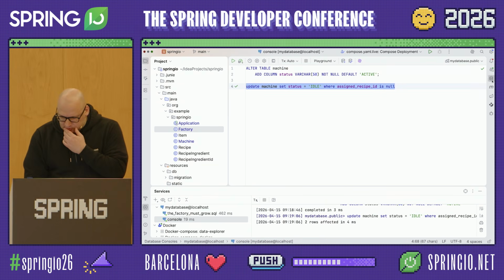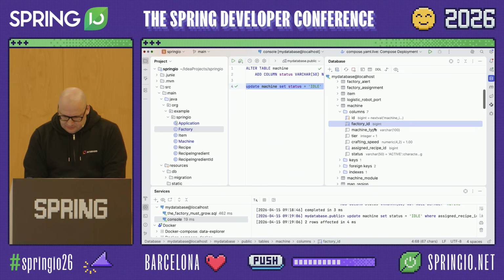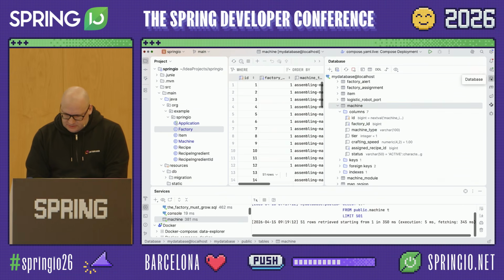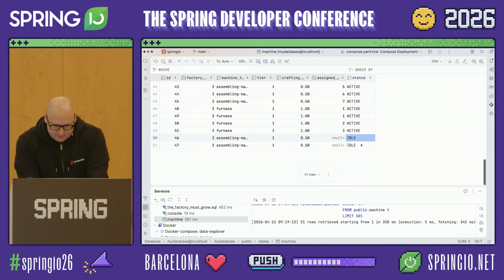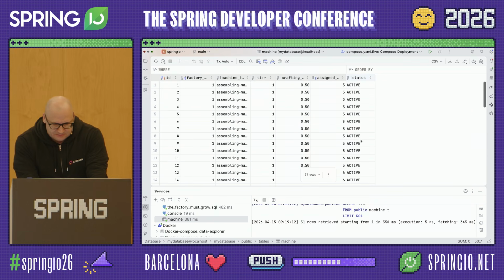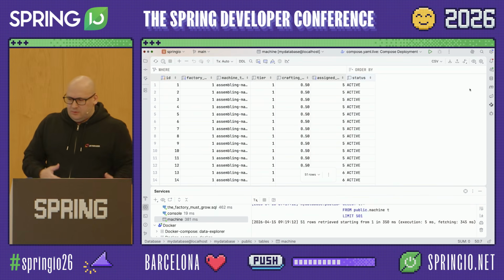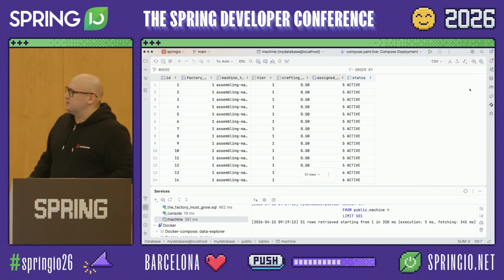So if we go and explore the database, the machine table, here they are. We have a couple of idle machines, and others are active. So through this kind of changes,